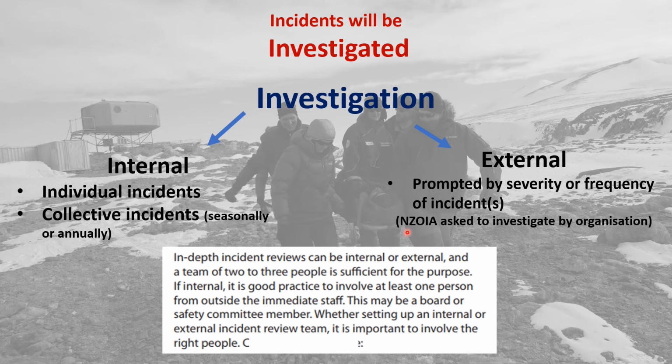So for example, I have done some incident investigations for organisations that have had a fairly serious harm incident or close call, and they asked Nazoya for help in terms of trying to figure out how it could be prevented in the future. That was off their own organisation's back, they weren't required to do that. They just thought it was good practice to get some external feedback, which is a great idea, especially when you're working by yourself in an organisation like a school.